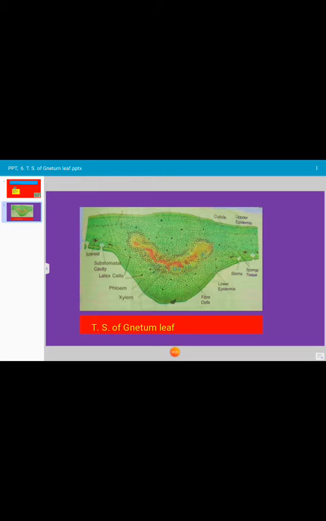The leaf is bifacial or dorsiventral and consists of distinct upper and lower epidermal layers. The epidermal cells have undulate walls, and a thick layer of cuticle covers the upper epidermis. Cuticle is present outside the epidermal layer. Cuticle is comparatively thin over the lower epidermis. The lower epidermis of the leaf has a thin cuticle, and the upper epidermis is enveloped by a thick cuticle.